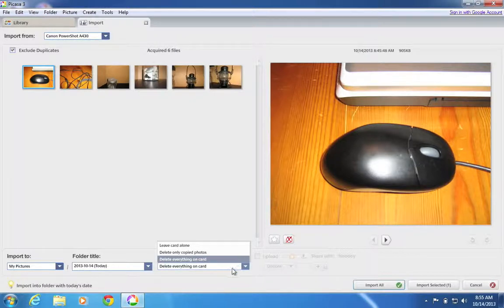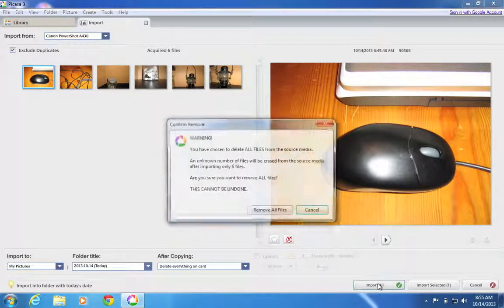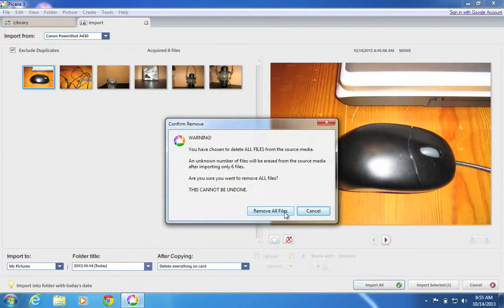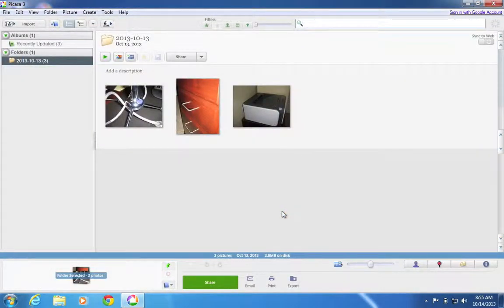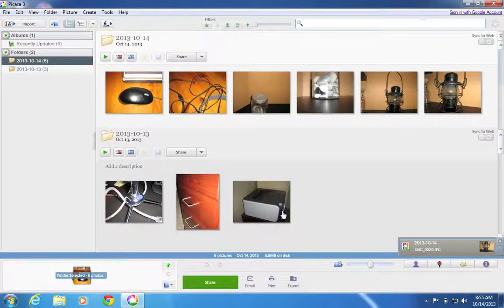So I'm going to delete everything on the card. I can delete only copied photos or everything on the card. At that point, I'm going to simply select all. And it says, yes, I'm going to be removing all those files. I'm okay with that because I only have these 6 images, so I'm going to remove everything after the import. Once the photos have been imported, the memory card will be erased, and I'm ready to go out and take